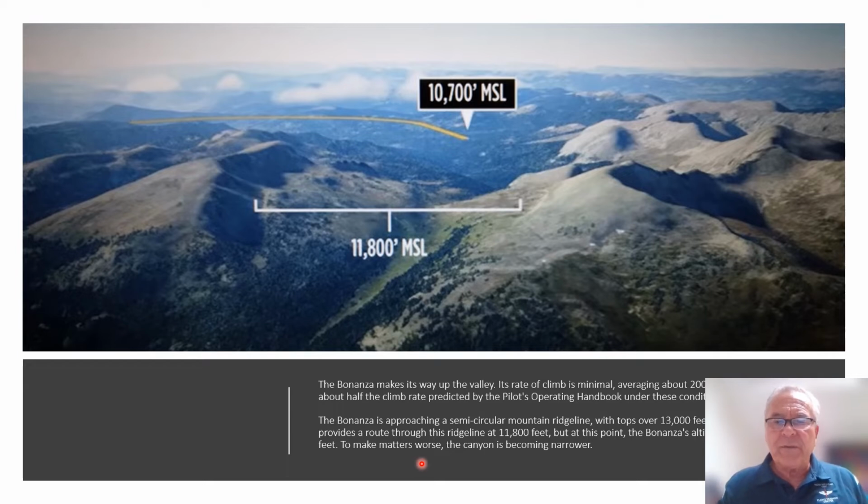Bonanza is approaching a semicircular mountain ridge line with tops over 13,000. A gap provides a route through the ridge here. Looks a lot like the one going into Leadville a little bit, doesn't it? I can't remember the name of that one. Through this ridge line at 11.8, but at this point the Bonanza's altitude is 10.7. To make it worse, the canyon is becoming narrower, and